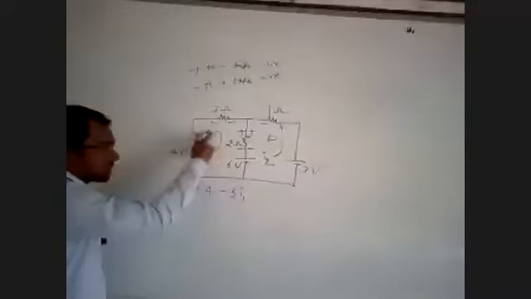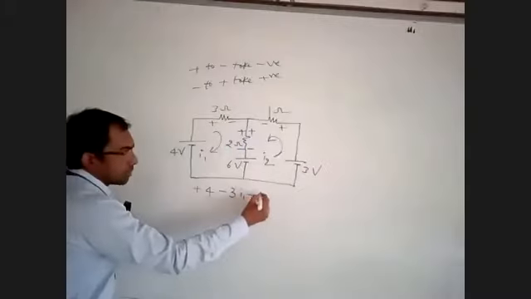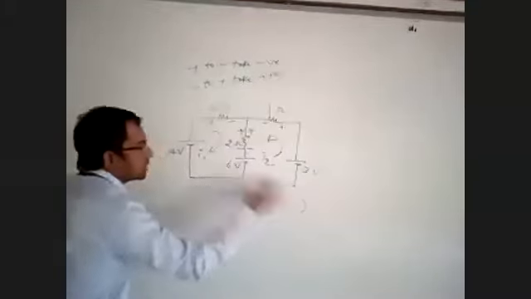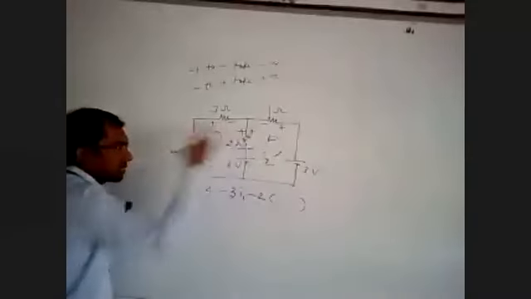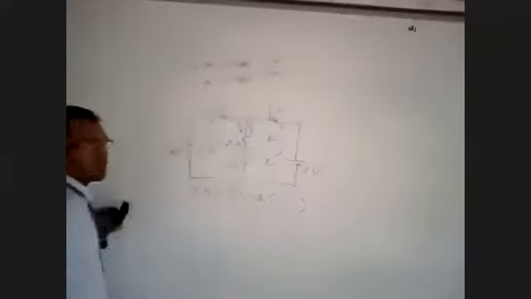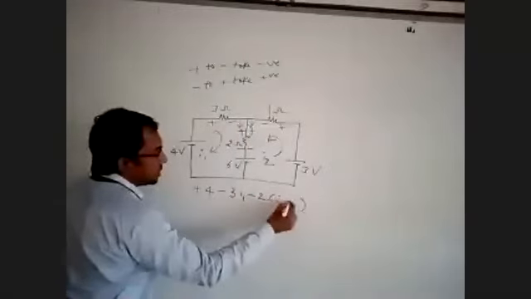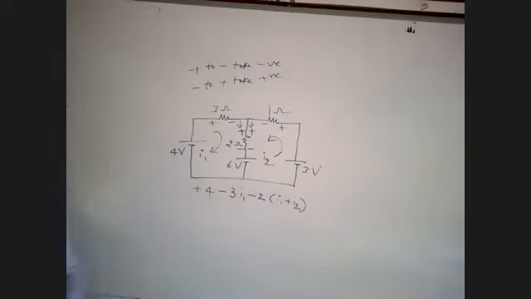Now in the first loop we have to see only the I1 direction. I1 is flowing from plus to minus. But in this 2 ohms, two currents are flowing, I1 and I2. I1 is in the downward direction, I2 is also in the downward direction. Both are in the same direction, that means I1 plus I2. But in the previous problem, both were in opposite directions, that's why I took I1 minus I2 in the first loop and I2 minus I1 in the second loop. Here in the first loop, I1 plus I2, as both are in the same direction.